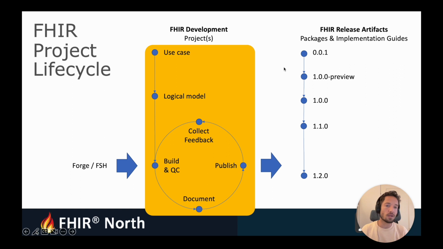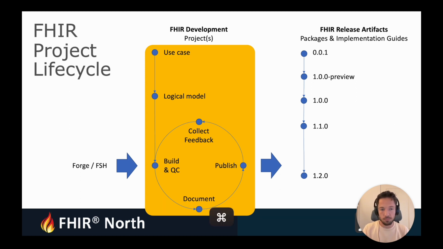And here you can release FHIR packages and FHIR implementation guides, which are stable versions of your specification over time, with a version number that indicates how mature they are, from 0.0.1 or even some preview versions to stable versions like a 1.0, etc. And then once you have your published FHIR specifications, you of course collect feedback from your stakeholders, from your users, and you continue to build new versions and iterate and improve your specification over time. So this is what I refer to as the FHIR